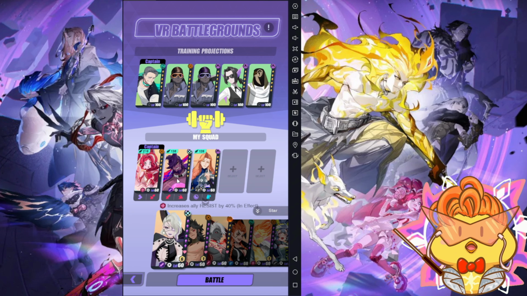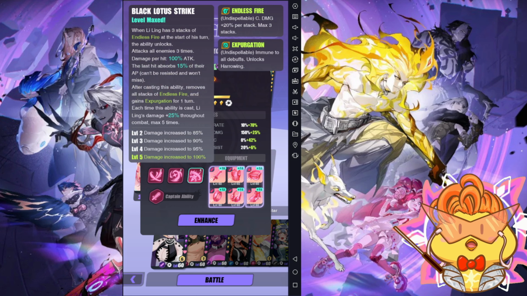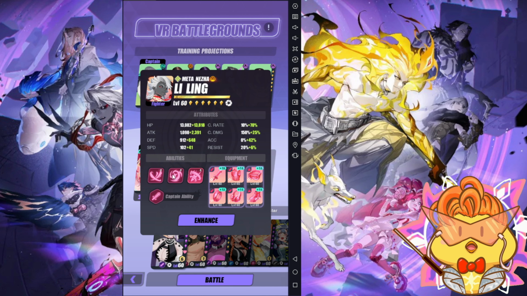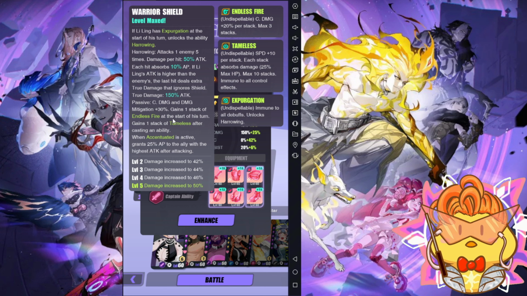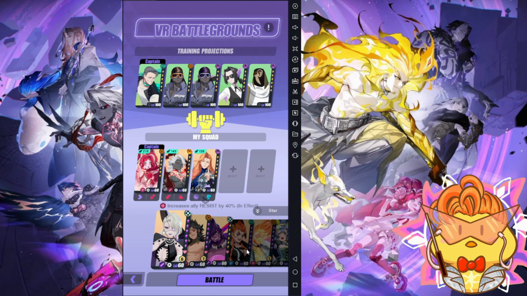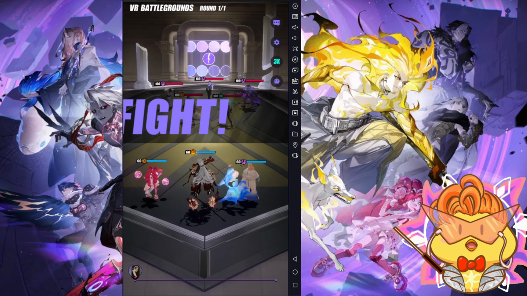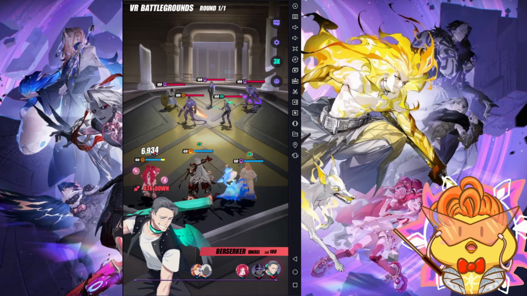Okay, so with this said, you can actually also trigger Meta Liling. One of the biggest weaknesses about Meta Liling is that triggering his S3 takes too long, because you need to get 3 endless fire, and you can only get endless fire by taking his own turn. But if you have Jing here to keep applying the warm welcome and AP push and bonus turn, Meta Liling will enable his